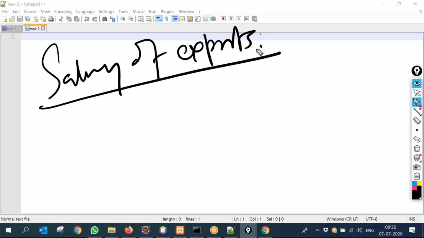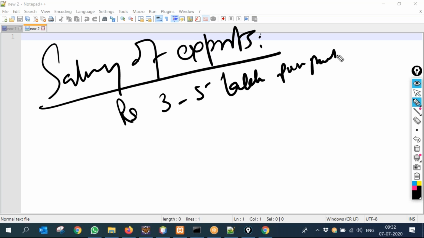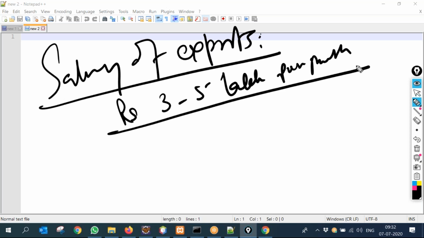They are all in India. Rupees 3 to 5 lakh per month. How many are there? About 100.